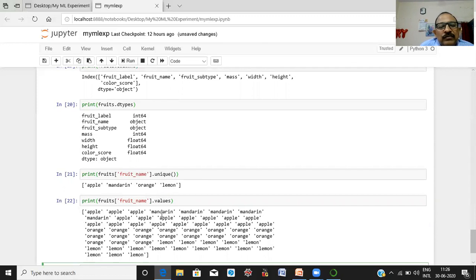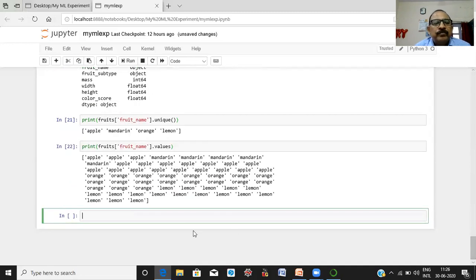So these are the values of the column fruit name. Suppose we are interested to know the values of all columns.